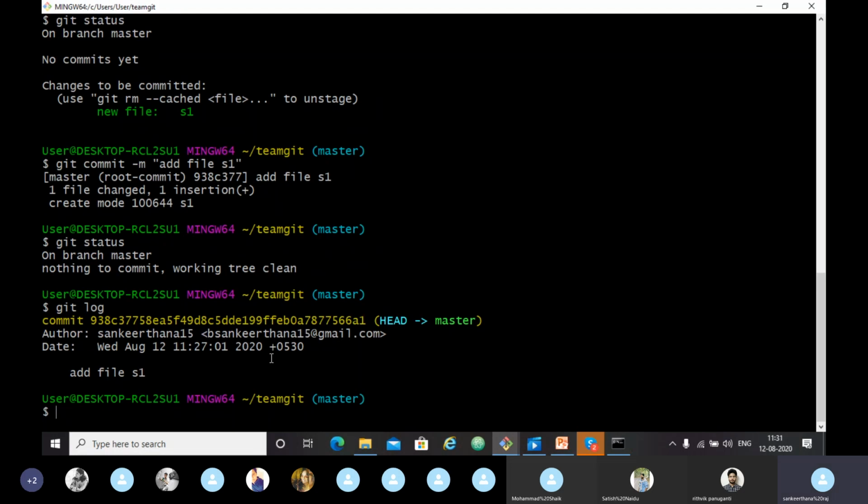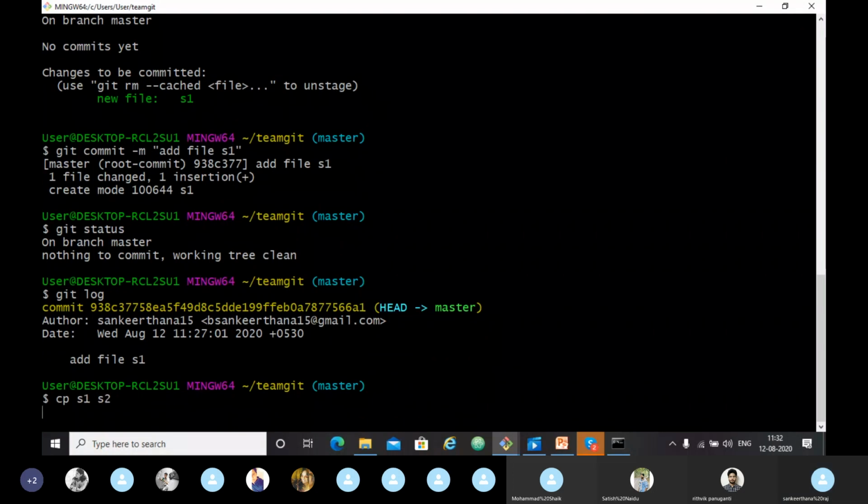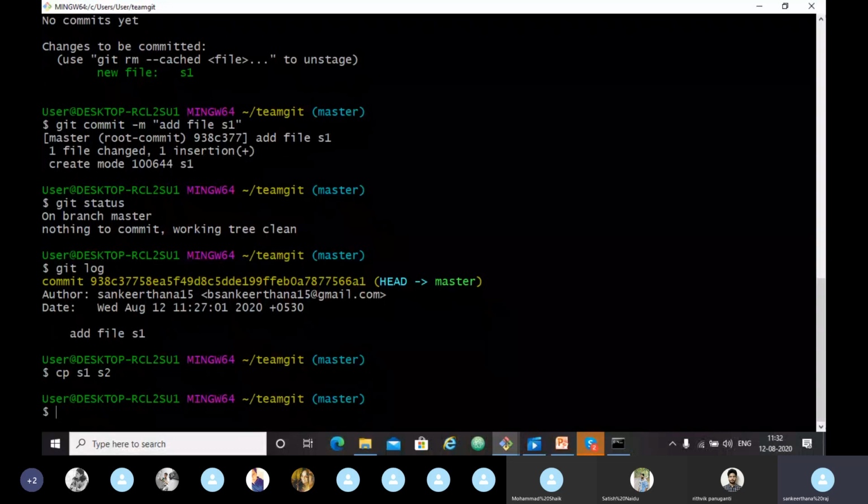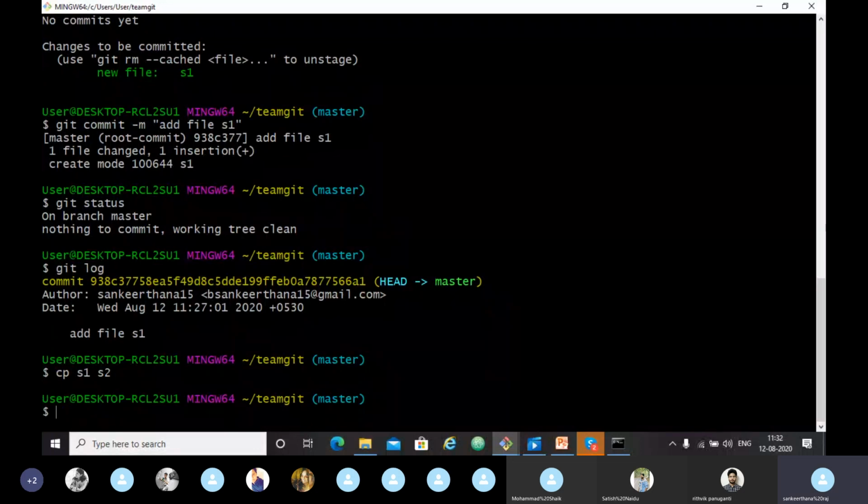So now we will make our second Git commit. To do that, we can just copy file S1 using the command copy S1 S2. S2 is our new file. Now I have created the S2 file with the same matter in it.